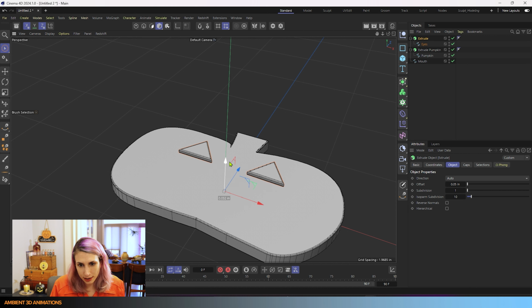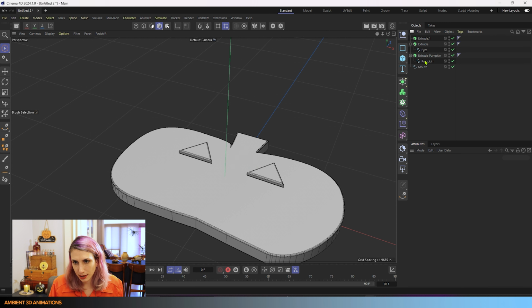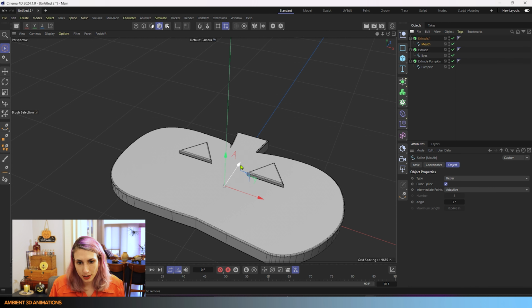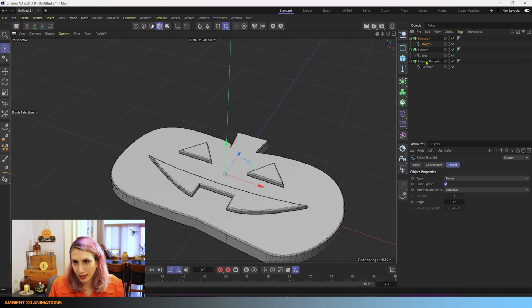Now let's say I'm pretty happy with this extrude. I can always copy and paste it and instead add the mouth to this one and bring this up right here. So now we're starting to have the basic shape of a cookie.